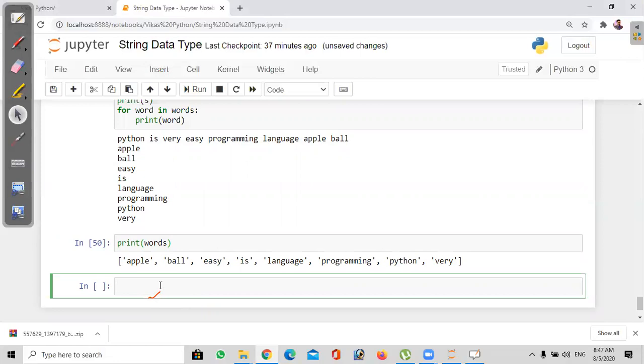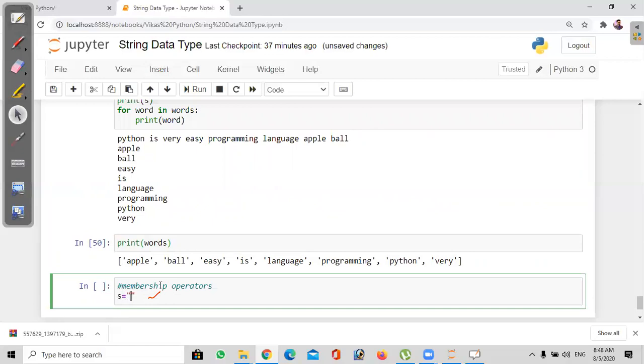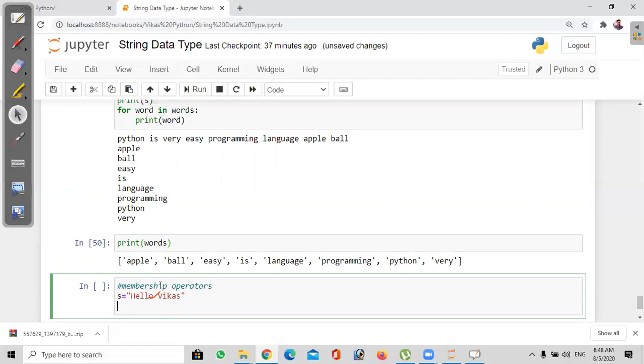So next thing, for example, membership operators. Already we discussed membership operators. Here, work with the membership operator. See here, for example, I have a string here. I wanted to check whether a particular character is available in our string or not.